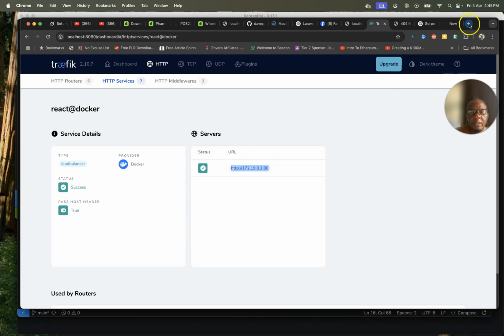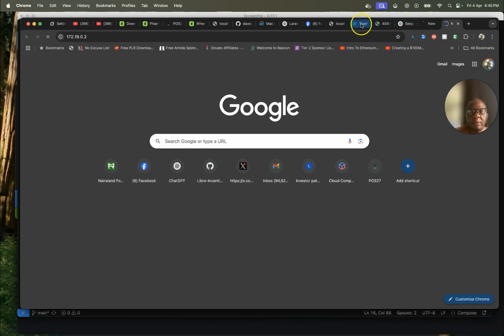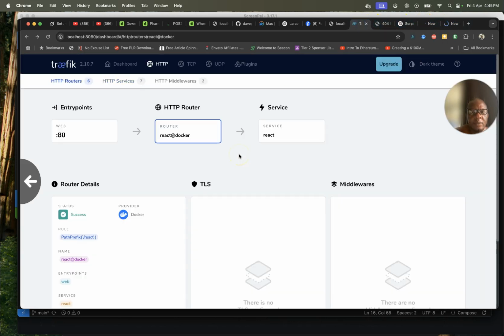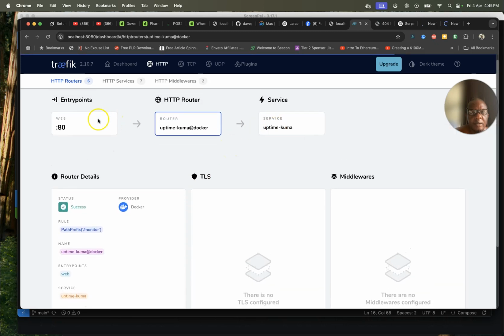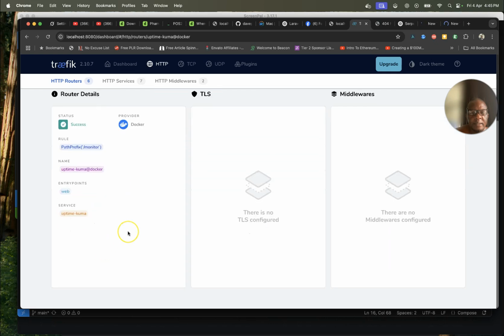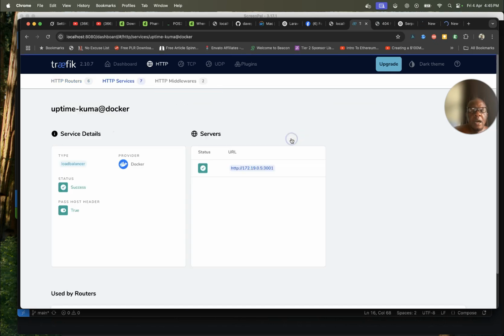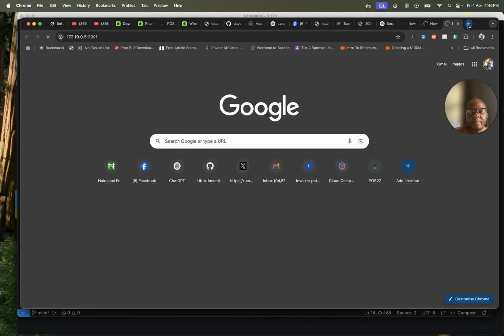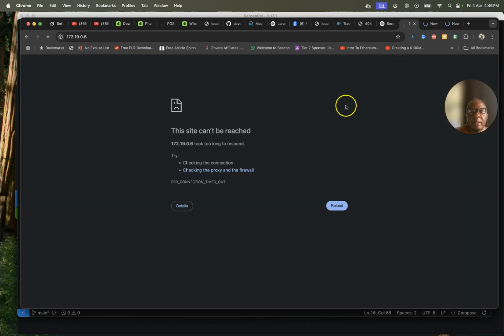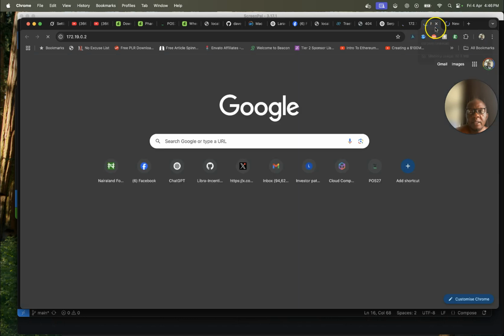I'll show you another way to access it, but there's something I'm looking for, which is, let's look at the last one, the monitor /monitor, Uptime Kuma service. You see? Okay, so this is the endpoint for it. I'll right click and copy, and we'll check it out here. And it's loading. Another way to access it would be,